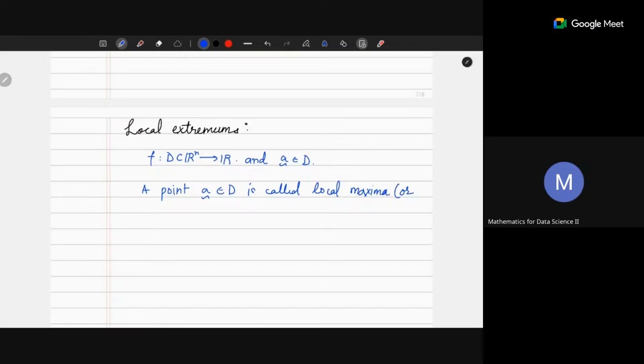There are multiple names: maxima, minima, or maximum, minimum. You may call it any of those, if